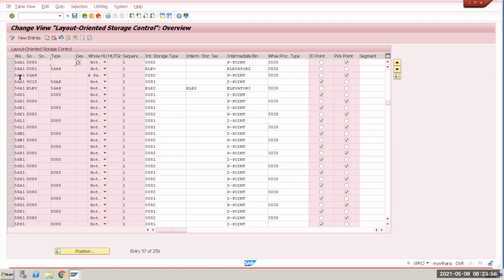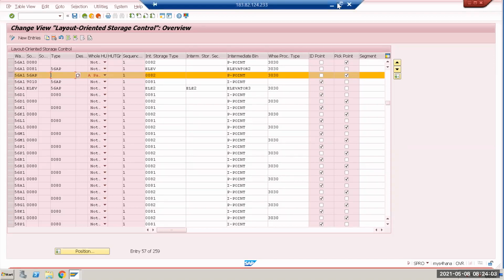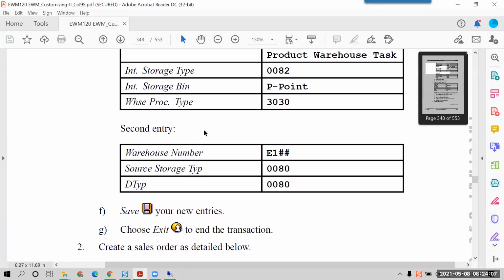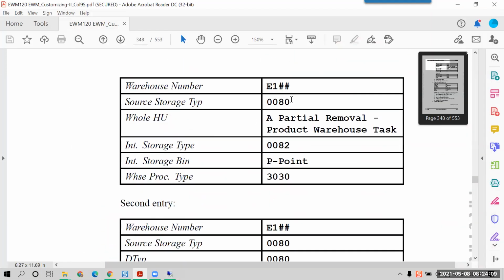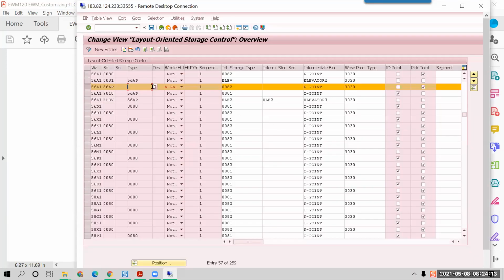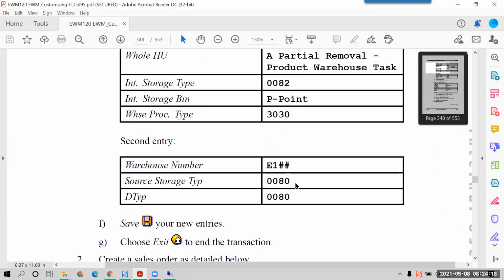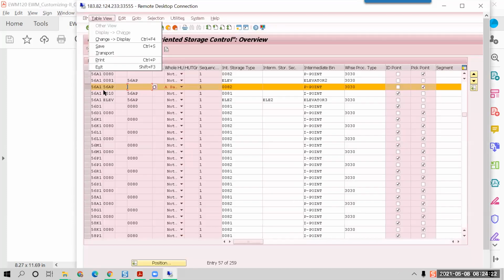Where is that? You maintain 56. Yeah, this is the one, sir. So 56 AP, this is the entry you have done. Source. You have already done this. This one is source storage type and destination type. This is for destination.